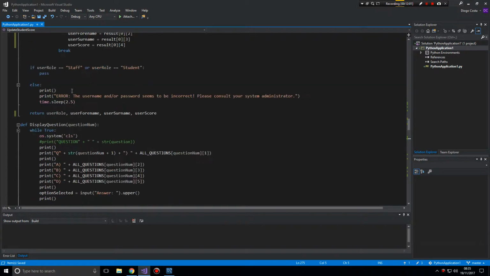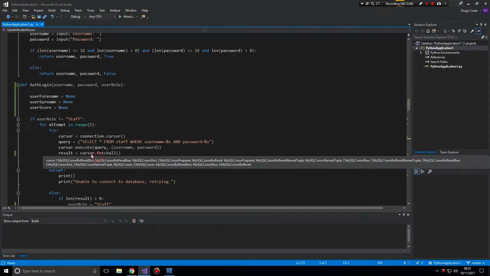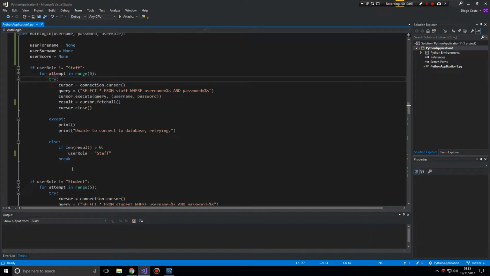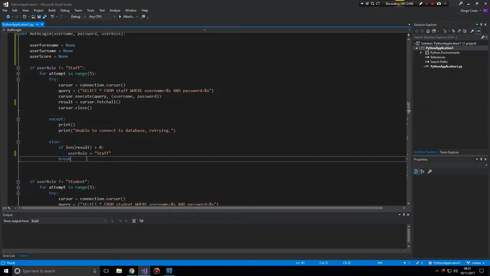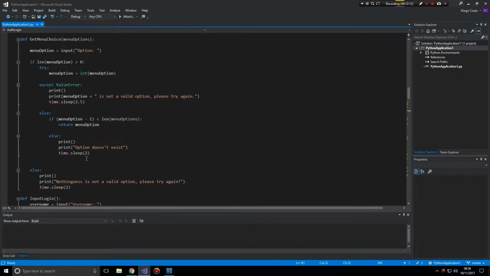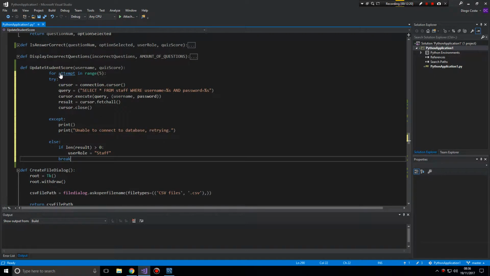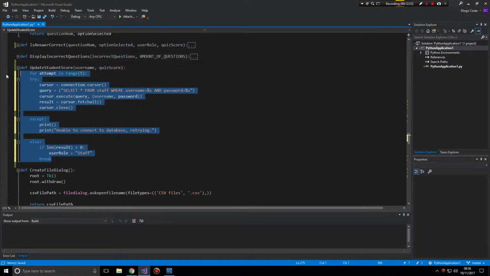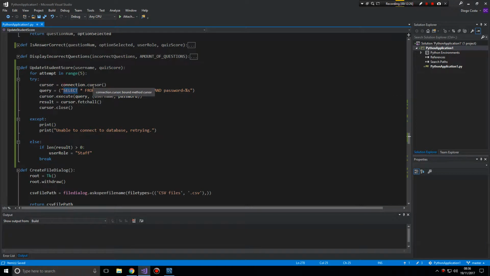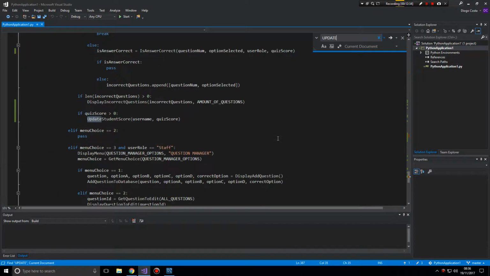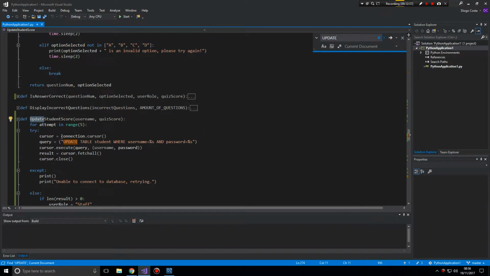Then let me come over here and copy one of the database things over here. We're going to do one of these tries. So we're going to try to update table student. Is it update table or is it just update? No, it's just update, okay. So it's not table. Update student